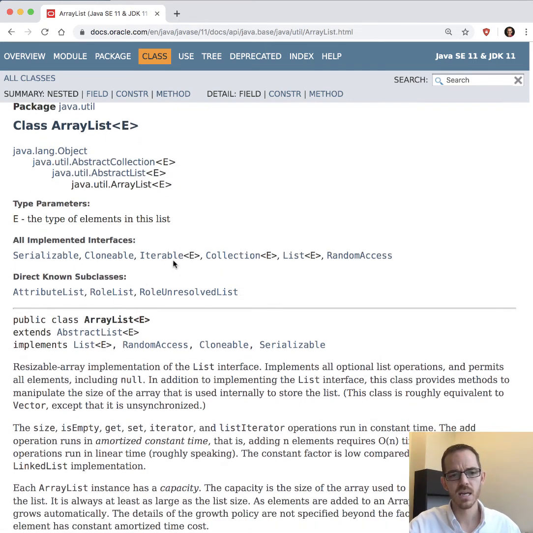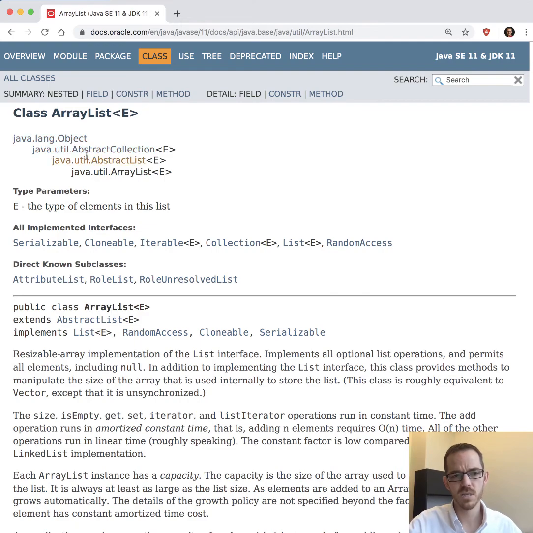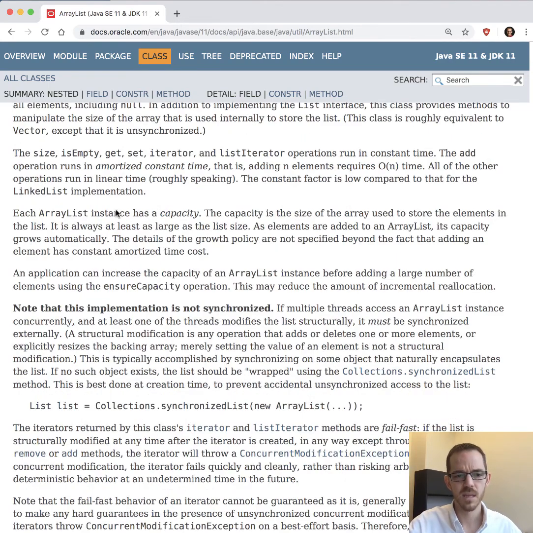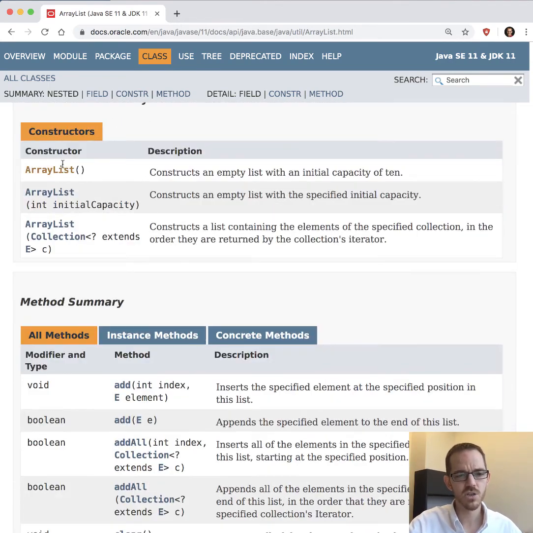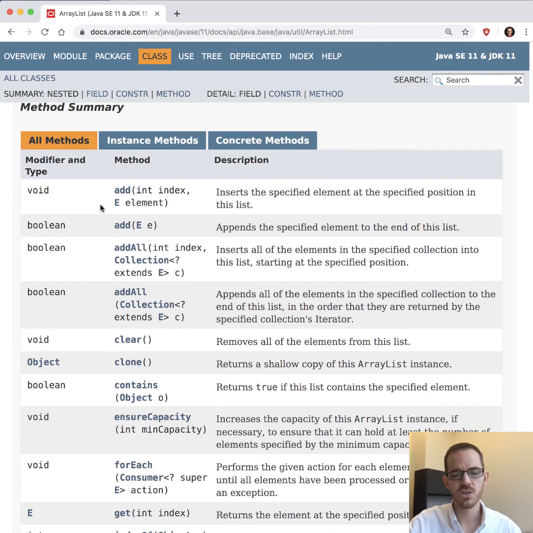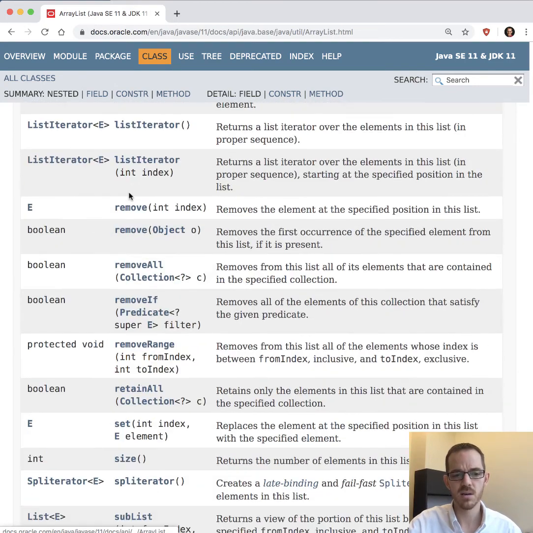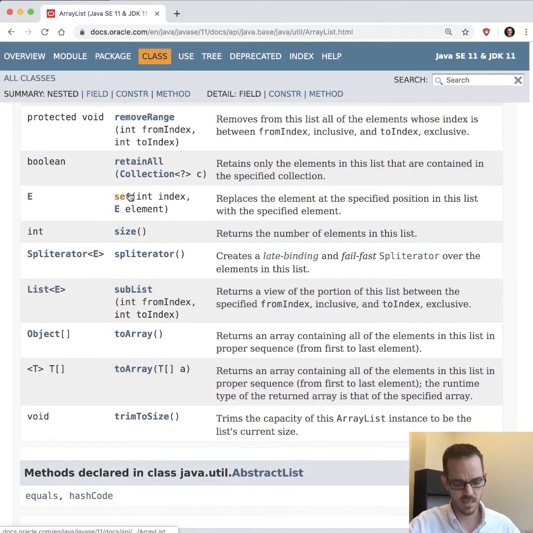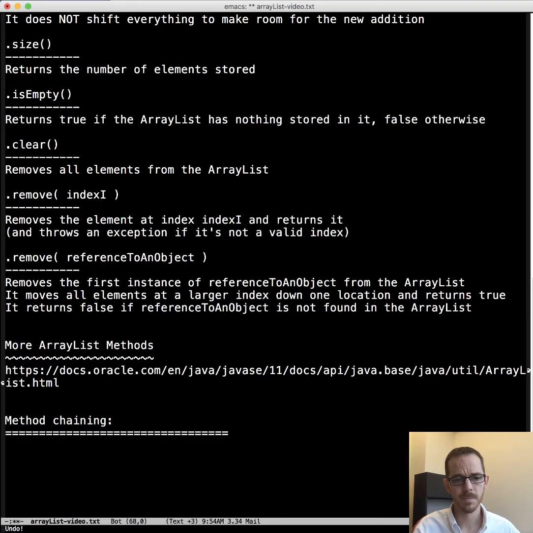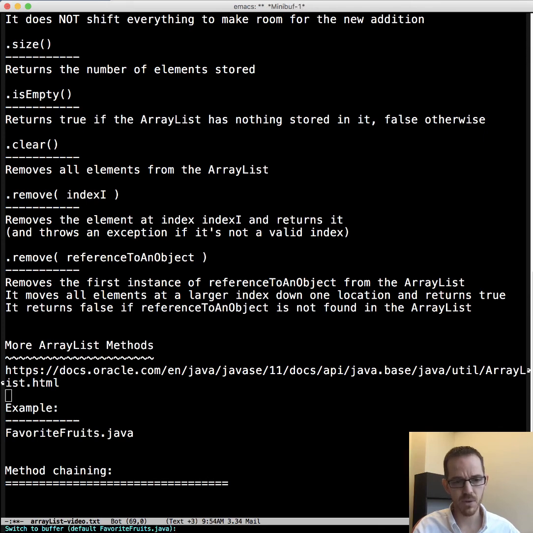And so then you notice there's this inheritance hierarchy here. And there's two constructors that we really generally use. One is nothing, or two is saying, hey, I already know a rough estimate of what I'm going to need, so we can supply that. And as you would have guessed, there's a lot more methods here to meet all of our needs. Okay, let's look at an example here.